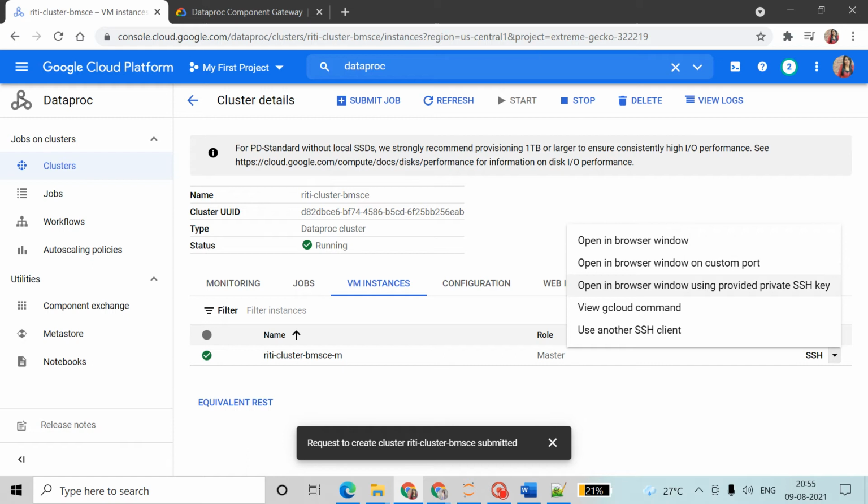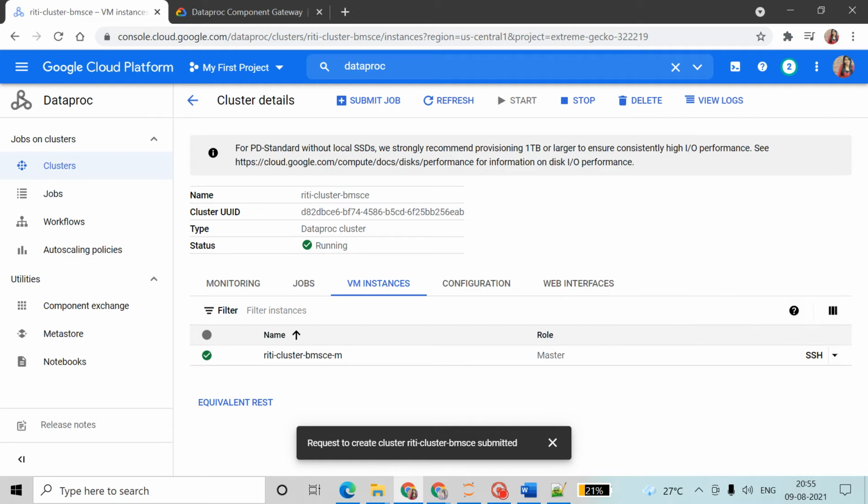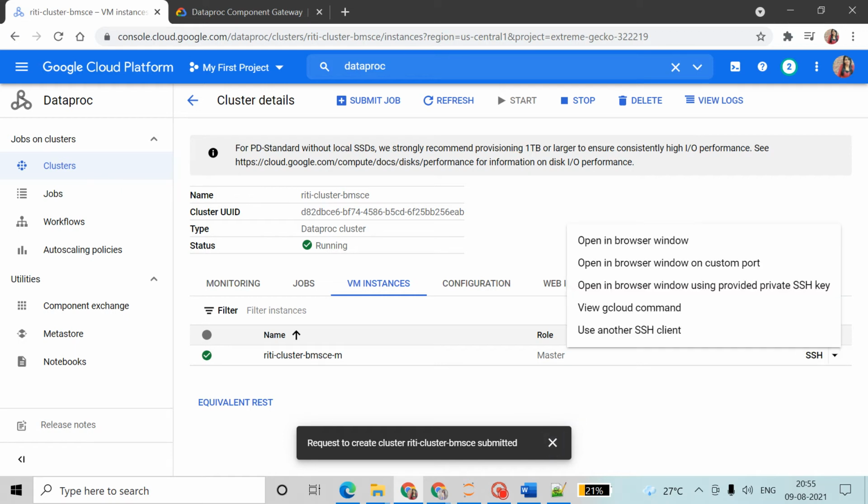Then open in browser window using provided private SSH key, which means they will provide a private key that we can use. And view Google Cloud command, and use another SSH client. So we'll go through view Google Cloud command. We'll see what happened. I guess I didn't choose properly.